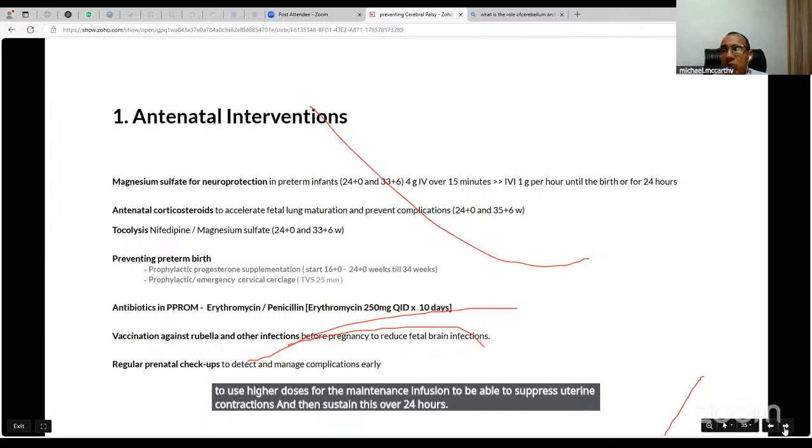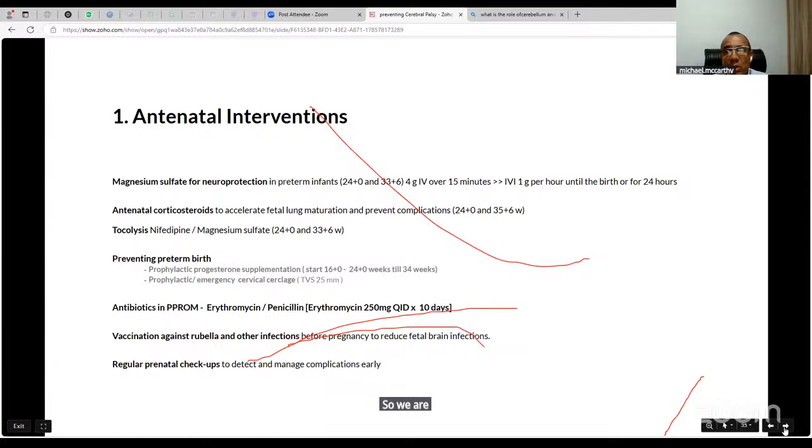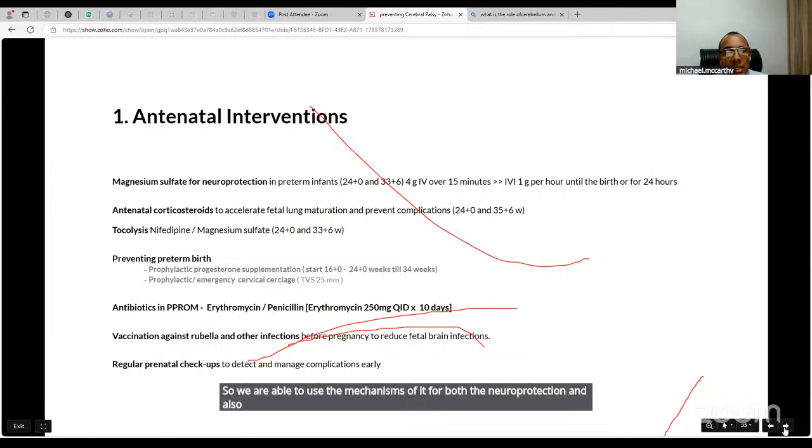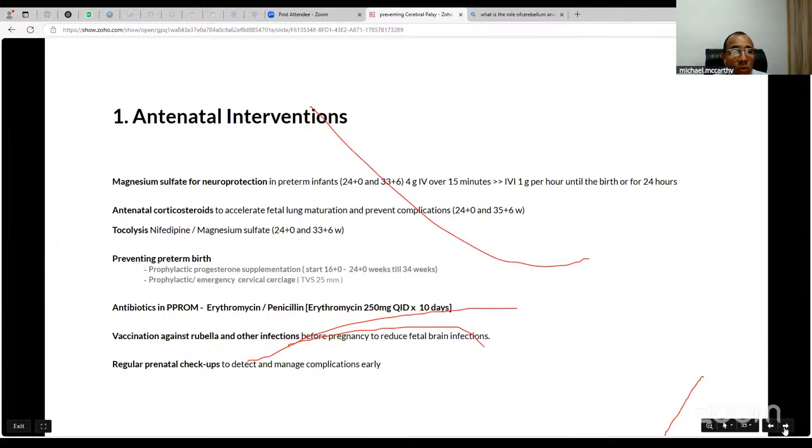So we are able to use the magnesium sulfate for both the neuroprotection and also the tocolysis in a dose that is acceptable for both. We can also use nifedipine as a tocolytic agent to